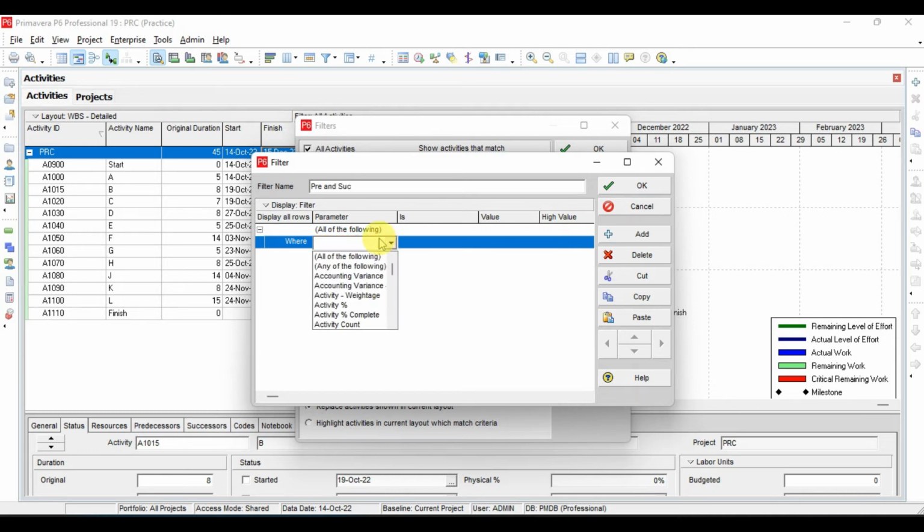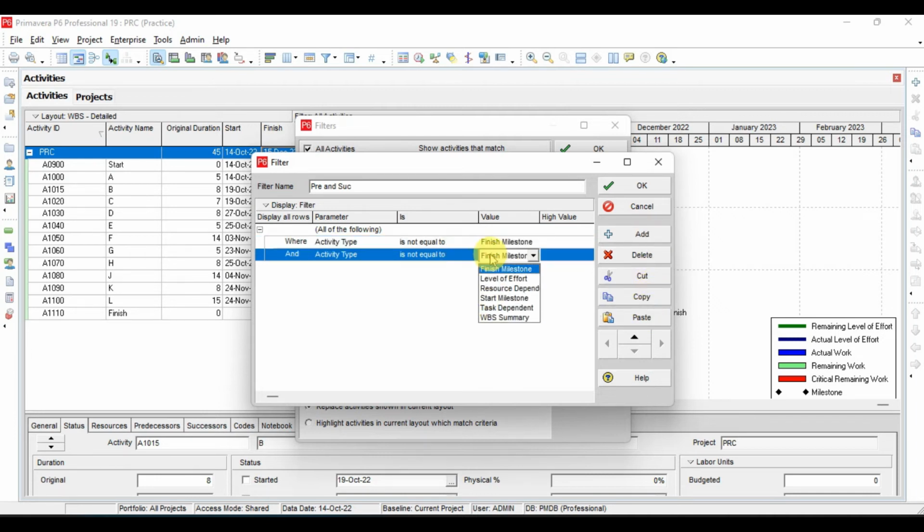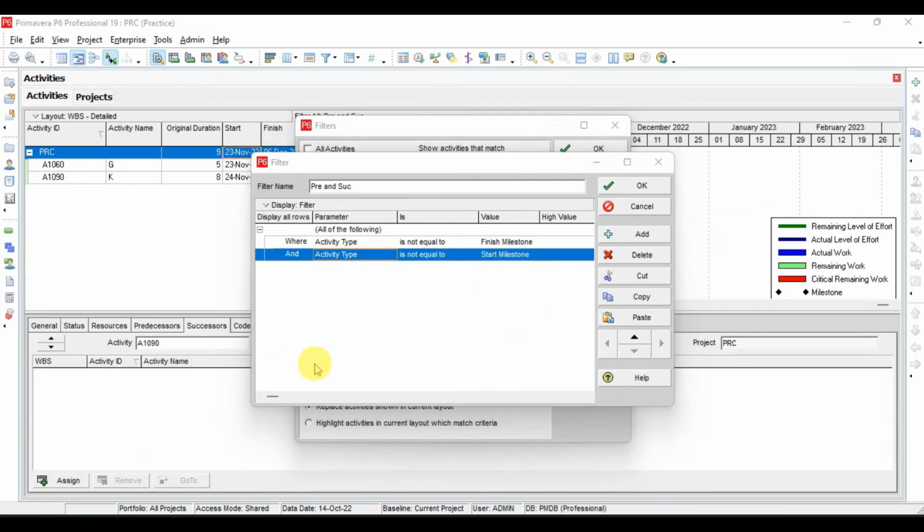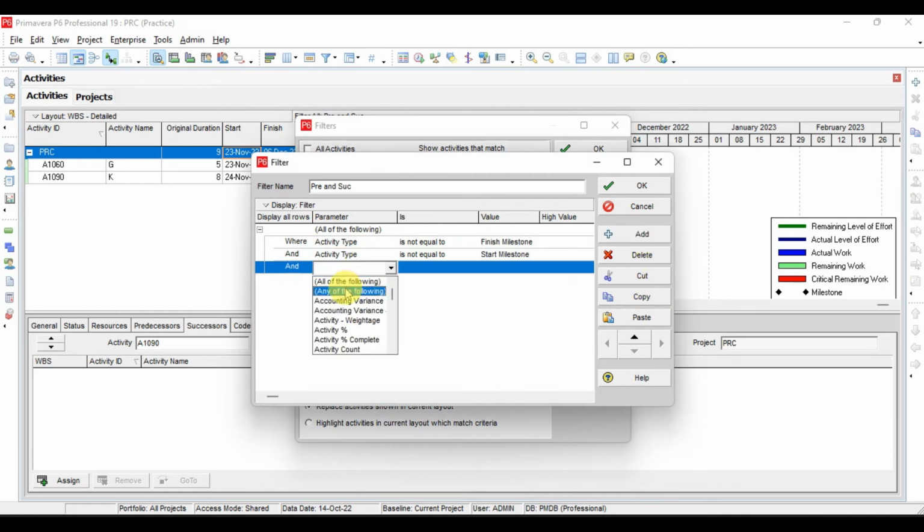SUC. Okay, now activity type not equal to finish milestone. I will copy and paste here, and activity type is not equal to finish milestone and start milestone. So here we want to see all the activities for which we don't have the successor and predecessor, but we want to remove the start and finish milestone. So where activity type is not equal to finish milestone and activity type is not equal to start milestone, then I will click add, and I will create another stage,